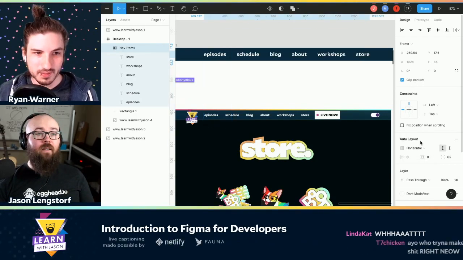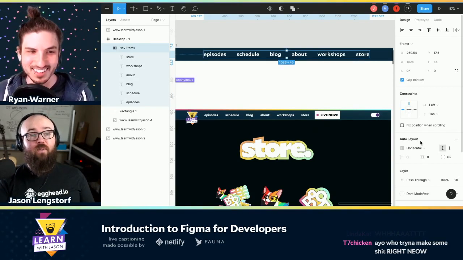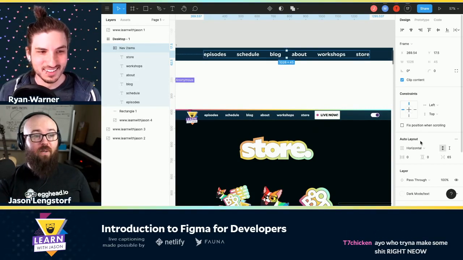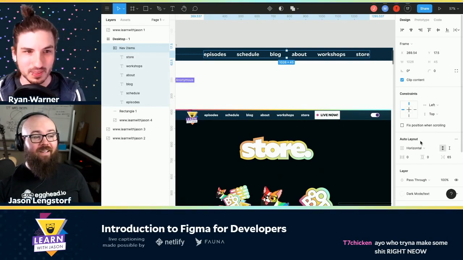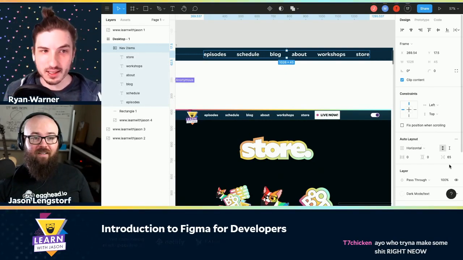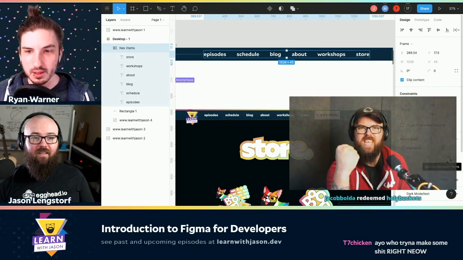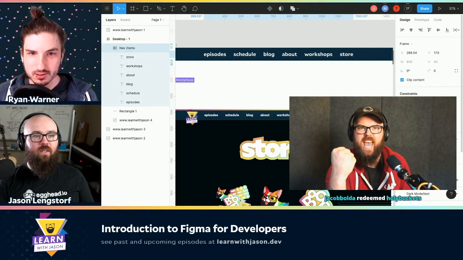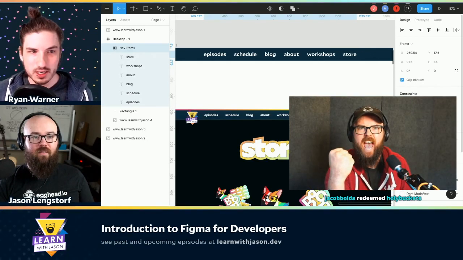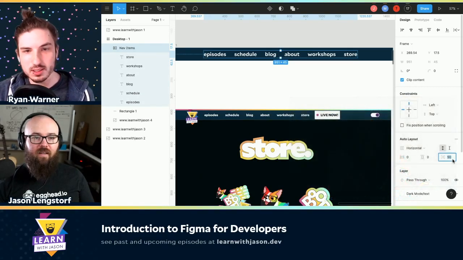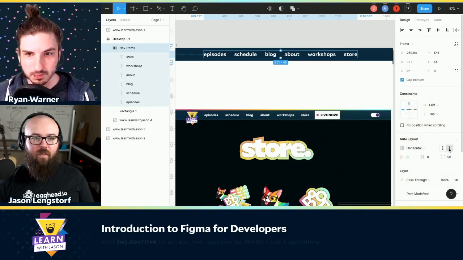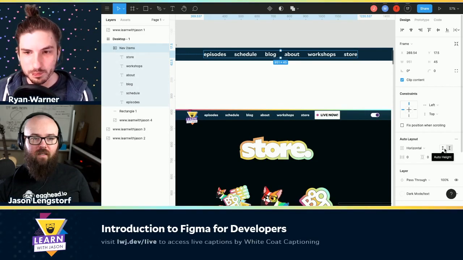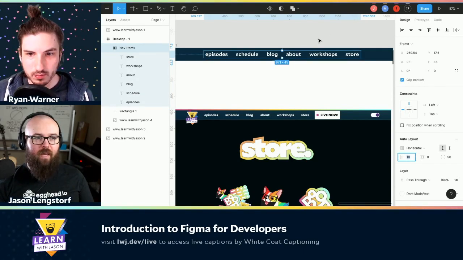Holy crap. Okay, I've never used this feature before, and my mind is thoroughly blown. That is amazing. It's pretty cool. Yeah, it feels a lot like how we code. Holy buckets! Oh my god, look at it go! Exactly. Look at this! You can adjust that padding in one place, and it's just consistent for all of our nav items. Auto height, fixed height. Okay, so if I go to auto height, maybe I want to add some padding.